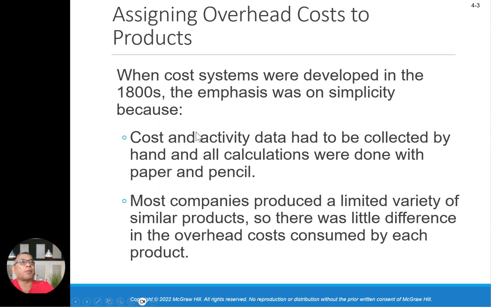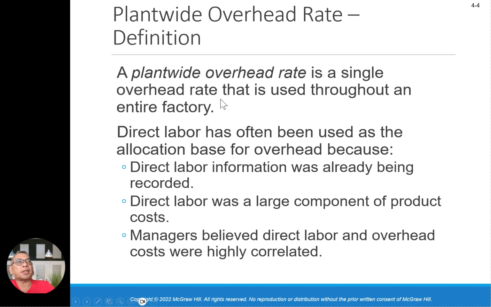When costing systems were developed in the 1800s, they were kept simple because cost and activity data had to be collected by hand and all calculations were done with paper and pencil. That's basically the way it was. Most companies produced a limited variety of similar products, so there was little difference in overhead costs consumed by each product. A plant-wide overhead rate is a single overhead rate used throughout the entire factory. Direct labor has often been used as the allocation base for overhead because direct labor information was already being recorded. Direct labor was a large component of product costs, and managers believed direct labor and overhead costs were highly